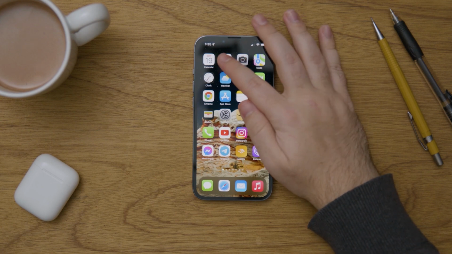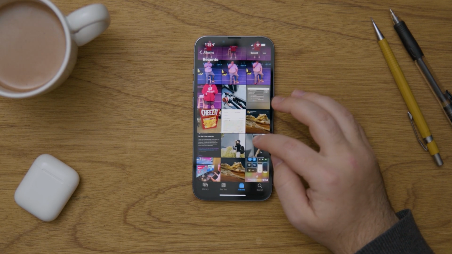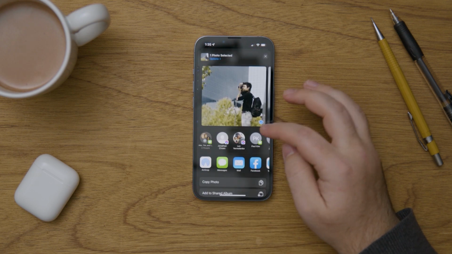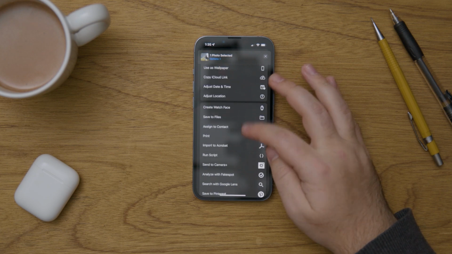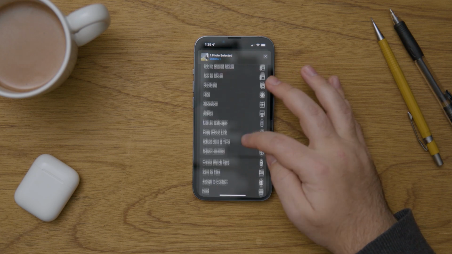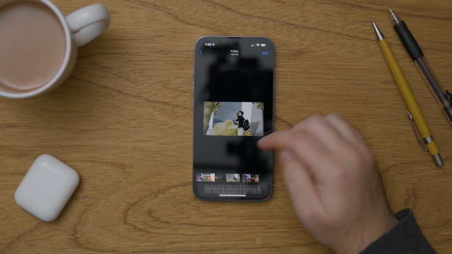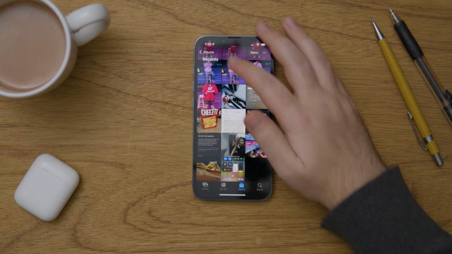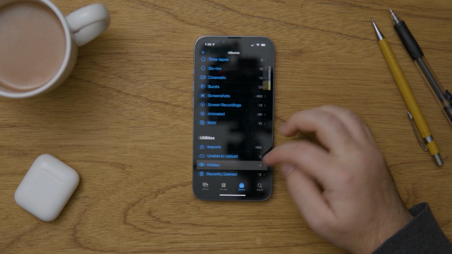Next, I'll show you how to hide individual photos in your photo gallery. Click on the photo that you want to hide, press the Share button, and then go down to Hide, which is up here. Then Hide Photo. Now that photo has been placed inside of the Hidden album, which is down here,